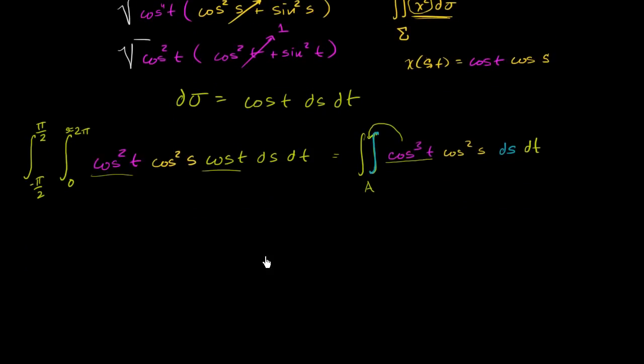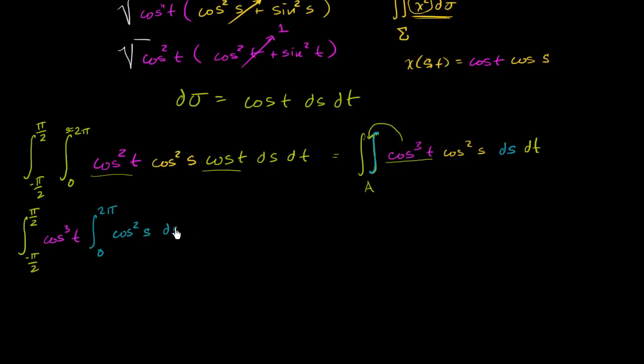And it could look something like this. So let me rewrite it. This could be the integral from t goes from, I'll rewrite the boundaries, negative pi over 2 to positive pi over 2, cosine cubed of t, I just factor that out, and then I'll write the s part, times the integral, s is going to go between 0 and 2 pi, and I'll write this in blue, cosine squared of s, ds, and then you have dt out there. You have dt, let me do the dt in green,